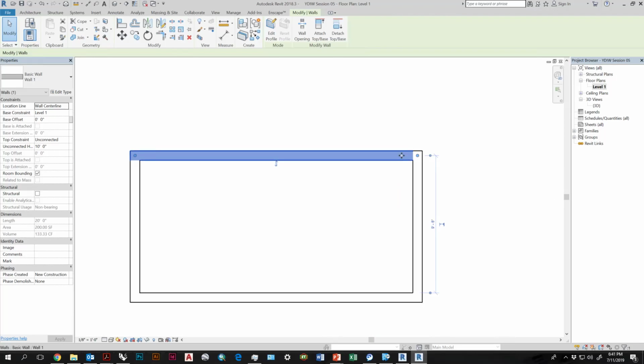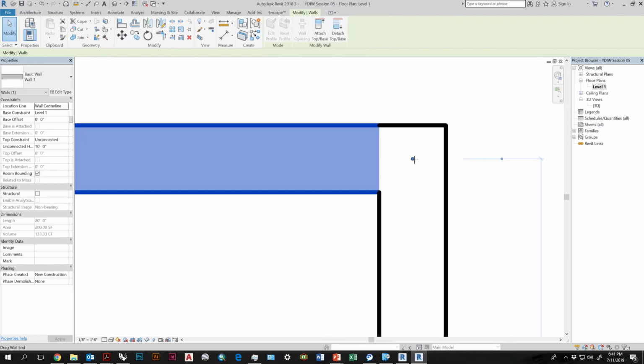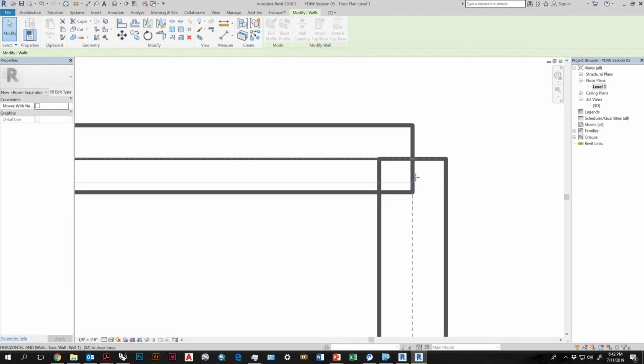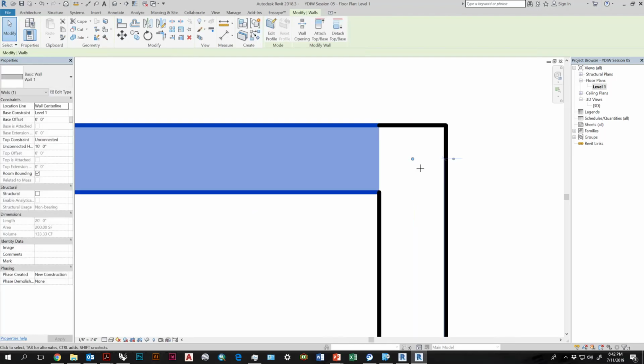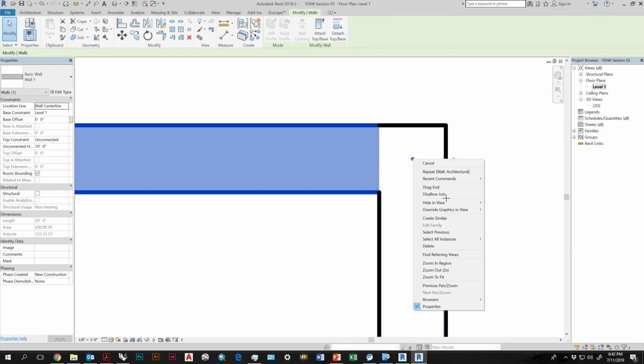You can also change which wall is dominant, which means which wall extends all the way and which wall doesn't. So I think you go to,